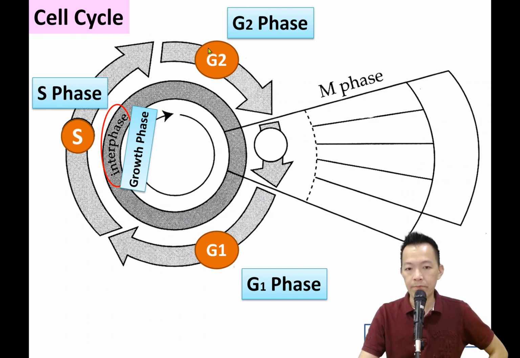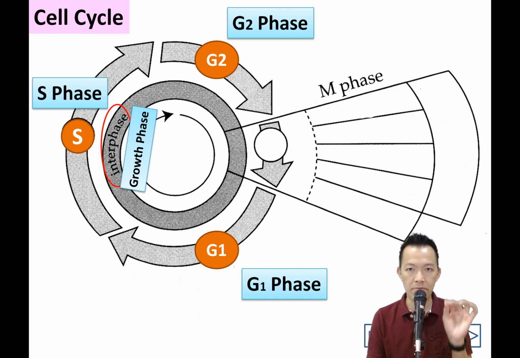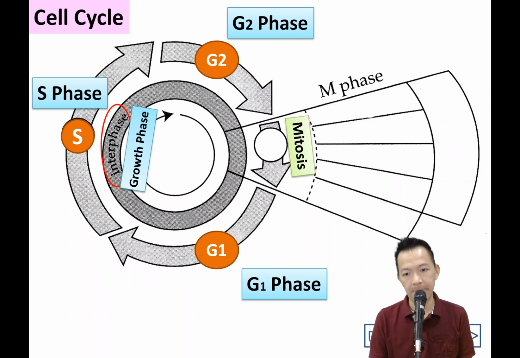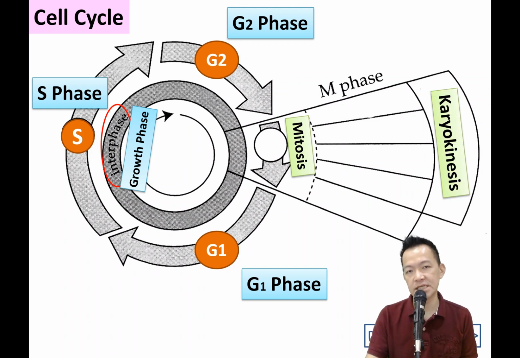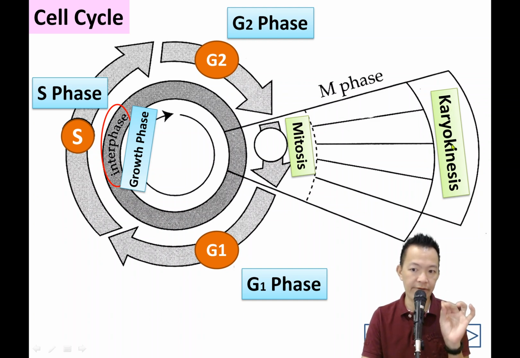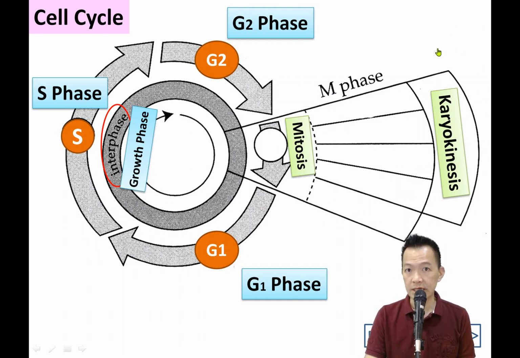So after the cell completely grows, the cell is going to start another phase called M phase. What's meant by M phase? It means division of cell, 细胞分解的意思。M actually means mitosis, 细胞分解。And the whole mitosis process can be separated into another two processes. The first one is called karyokinesis. Karyo 就是 nucleus 的意思，核心的意思啦，核。Karyokinesis means the cell divides the nucleus first. 它先分解它的 nucleus. And after the nucleus completely divides, it will finally separate the cytoplasm.